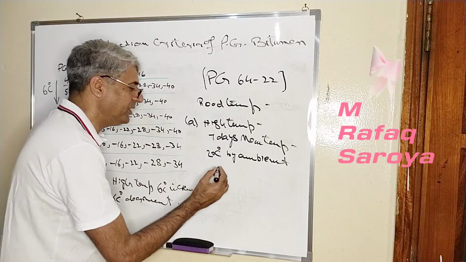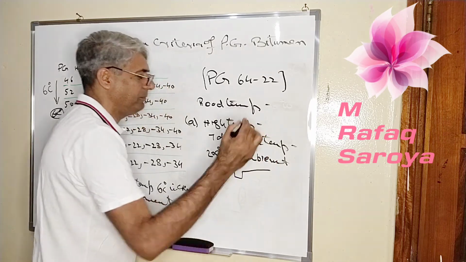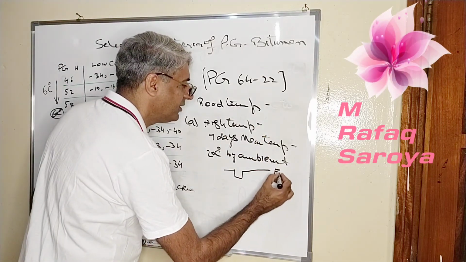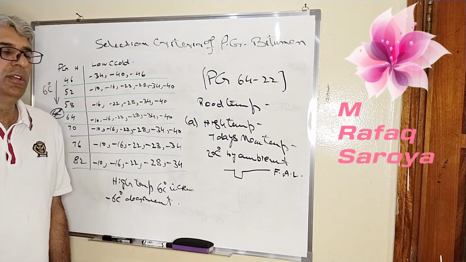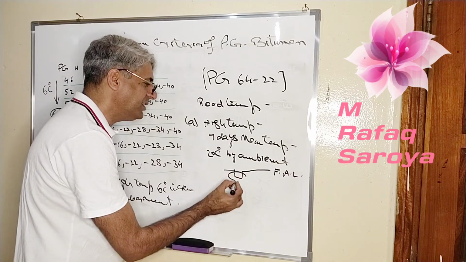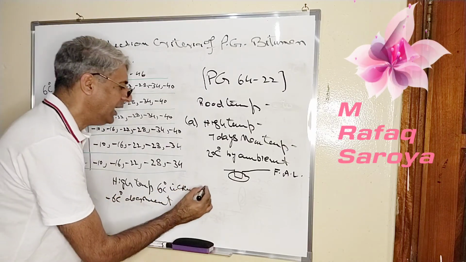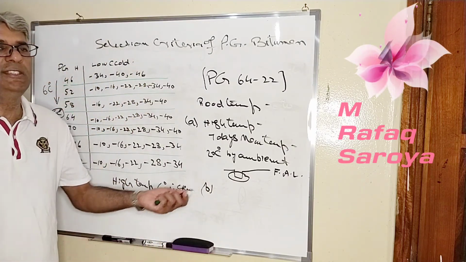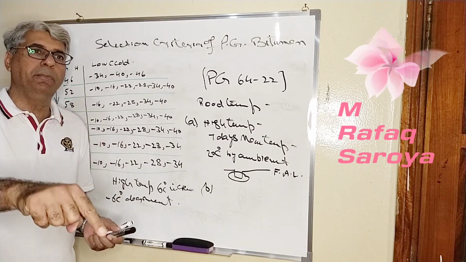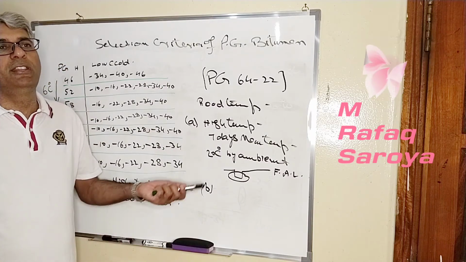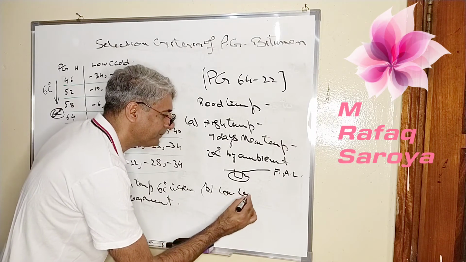How will we find out this temperature? It is general practice, you will go 1 inch down from the finished surface. This is my finished asphalt level. I will go 1 inch down, and there I will measure the temperature of the asphalt. That temperature will be taken as our higher temperature. And our lower temperature is the ambient, overnight cooling temperature, because whatever the temperature of the environment is, that will be the temperature of the surface when it is in the cooler state. So low temperature is measured at the surface.